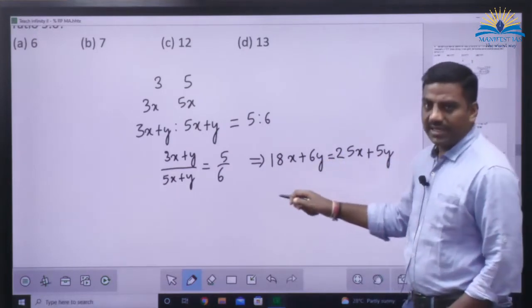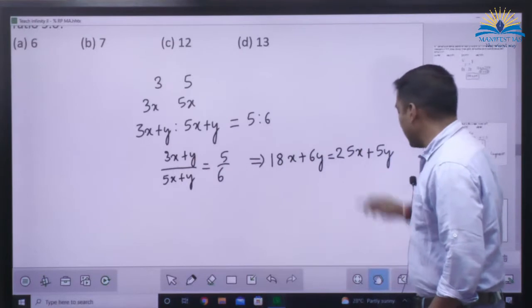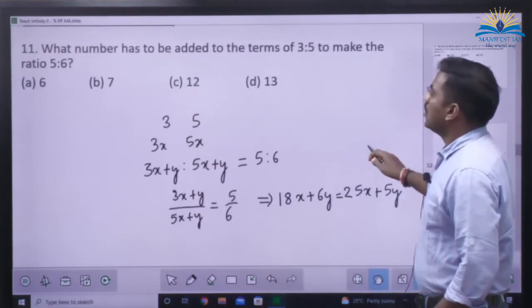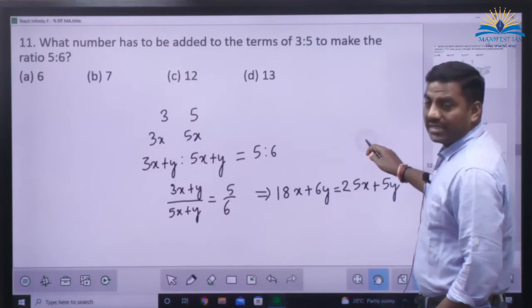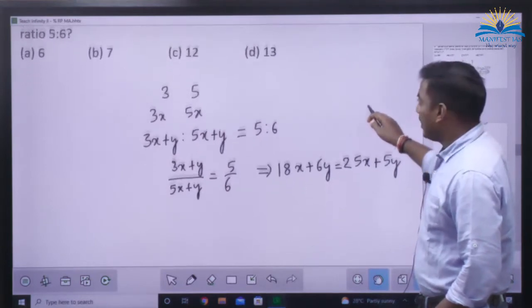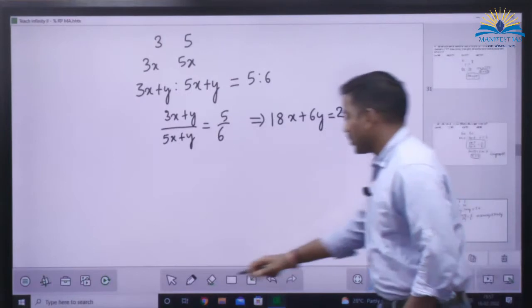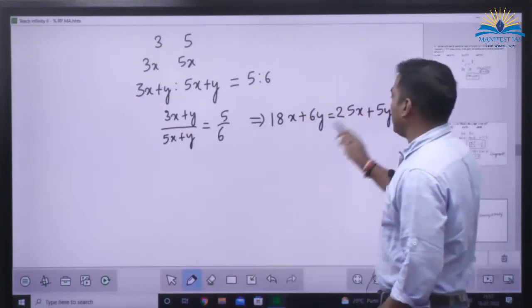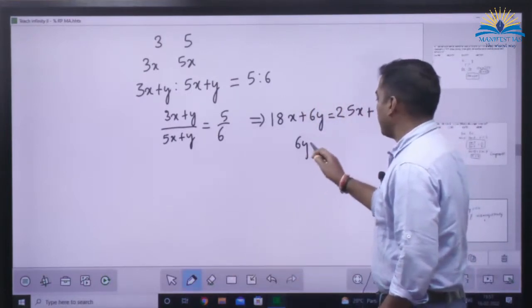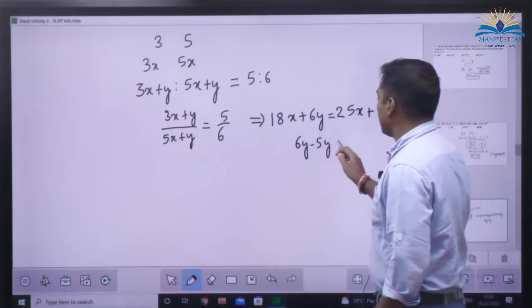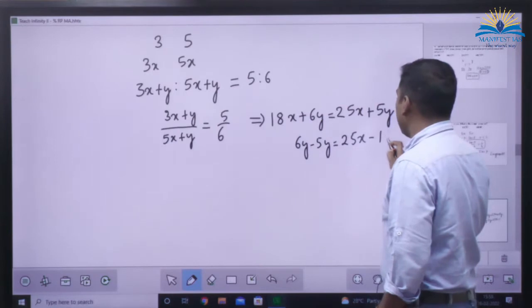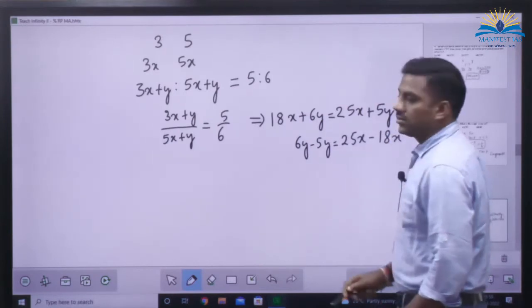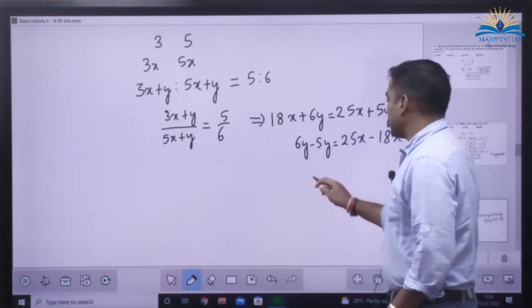I'll bring y this side, because what are they expecting from us? What number? We have added y, no? So they are expecting that number, not x. So I have to find out y. So I'll bring y this side. 6y minus 5y is equal to 25x minus 18x. y is equal to,